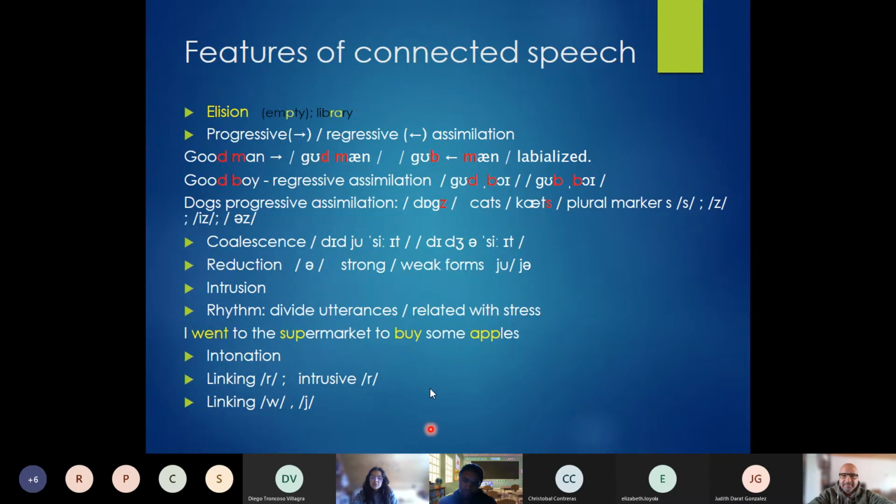The rhythm and the intonation is related to the 3 T's that we reviewed last semester, the tone, the tonicity, or no? Yes, tone, tonality, and tonicity are related with intonation, and we need to think about this. I don't know a good example, but they are interconnected. They are interlinked because one affects the other one, and they all impact the final result of the utterance.